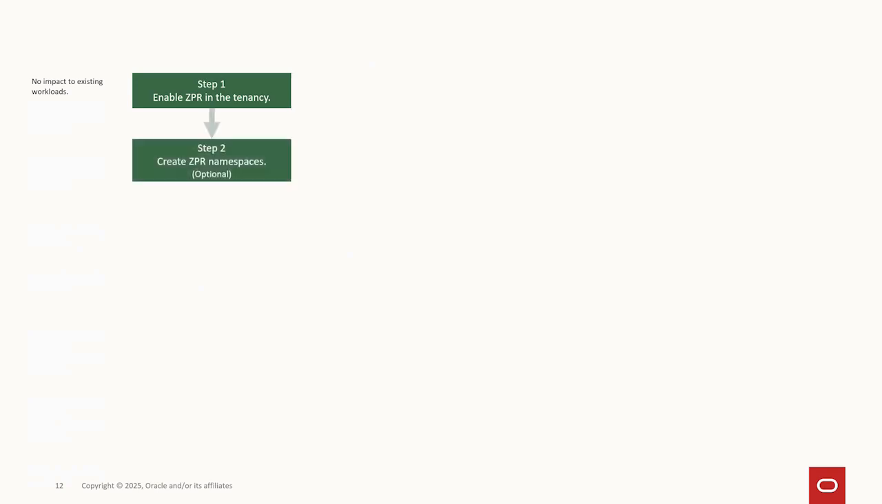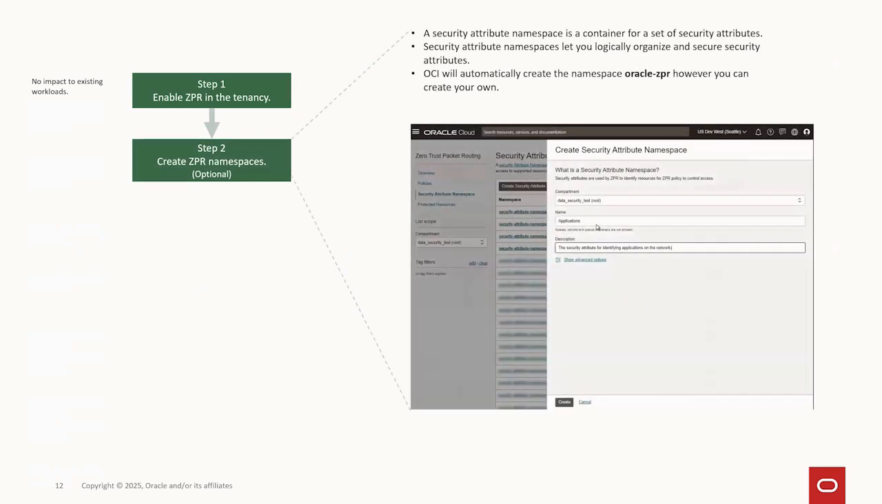So the next step is creating the Zipper namespaces. Now, remember we said that we need to judiciously design our attributes. So you create different sets of attributes, and you need to group and manage those attributes together. Automatically, they're part of a default Oracle Zipper namespace. Think of a namespace as a logical container that contains all these attributes, but you can create your custom containers,